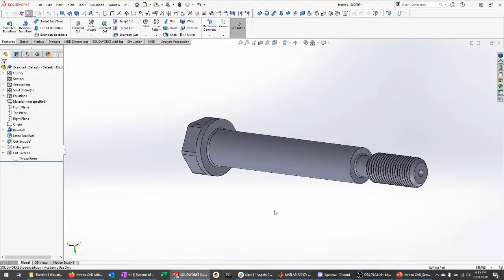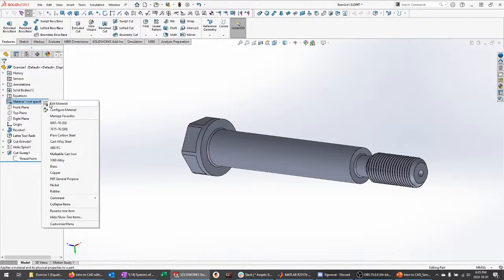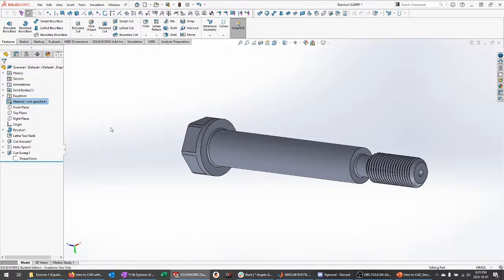or when you get into more advanced stuff, if you actually do finite element analysis, FEA, basically sort of stress simulations, you can do simulations for more than just stress. You can do heat flow, stress, etc. You'll need to know the material properties of your part. And the way we define what material this is, we go up here. It shows up in your feature tree, material right here. And by default, it is not specified. But if you right click on that, hit edit material,